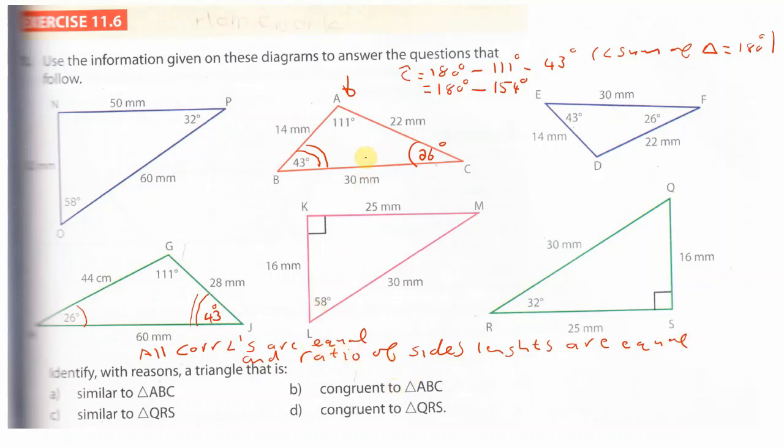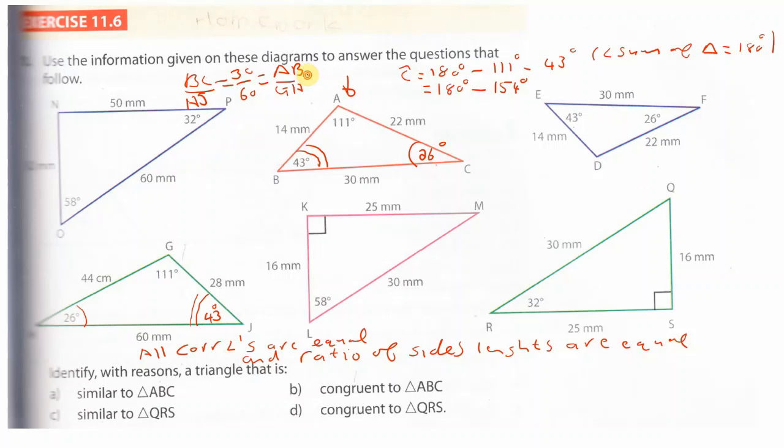So what we mean with that is that BC has a ratio of HJ equals 30/60, which is again the same ratio as AB over GH,